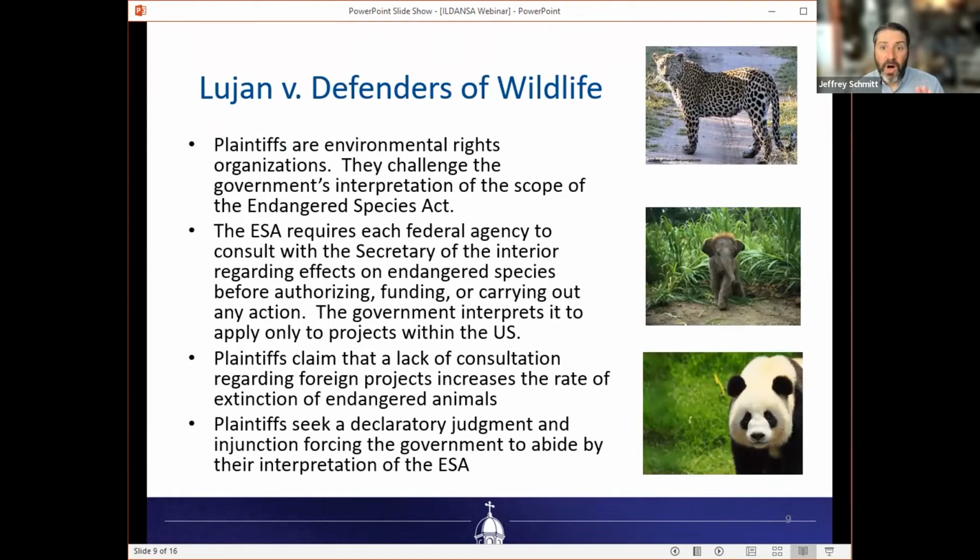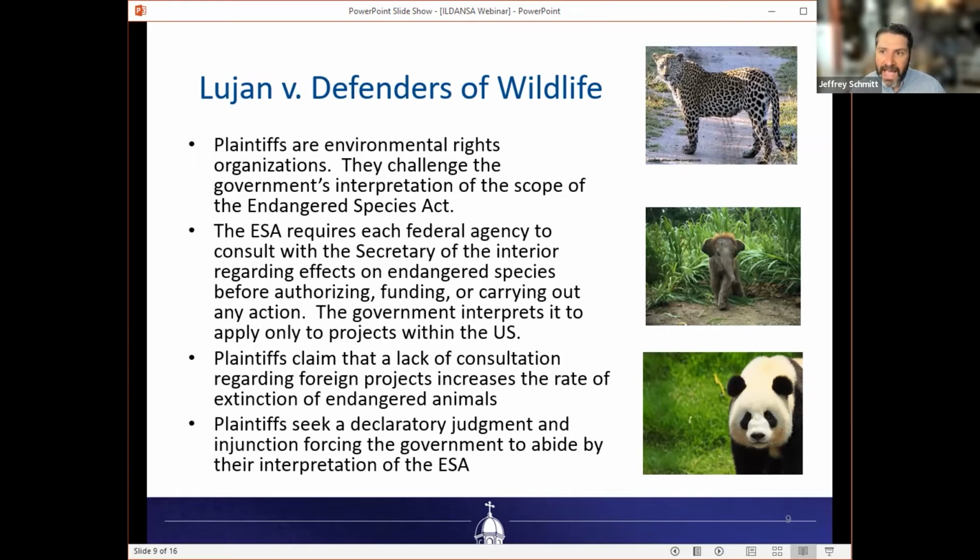So I'll just do this very briefly. In class, we would spend more time on it. But I would give you the facts of the case. I would talk through the case for you, try to explain what's going on. So this case is Lujan versus Defenders of Wildlife. And I'll just summarize this at a high level for you.